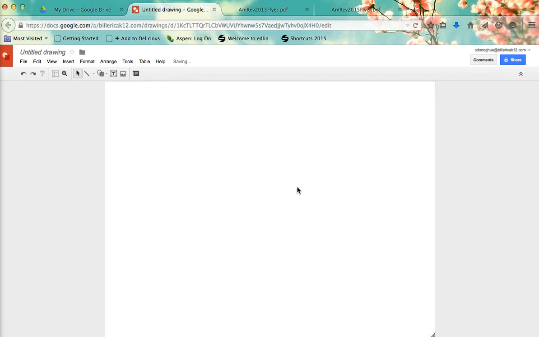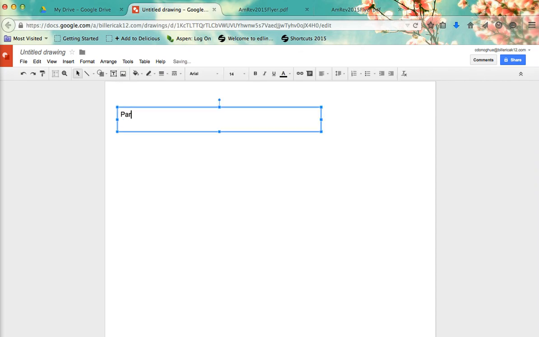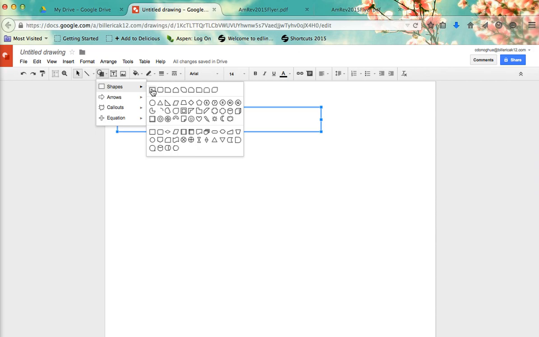So now I have a white background. And now I can start drawing. I'm going to get a text box, the T tool, and just click and type Parts of a Flower by Chris Donahue. Now I can go to the Shapes tool, which is a circle and square, and I could choose